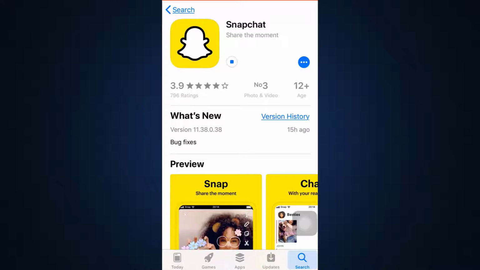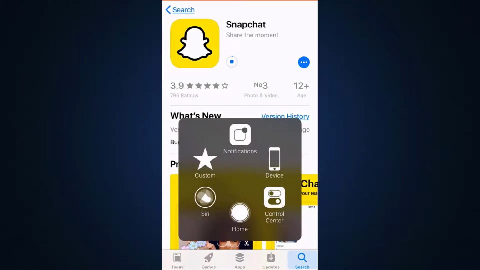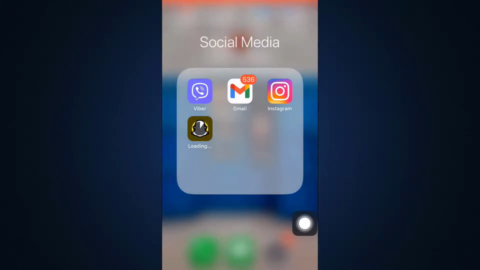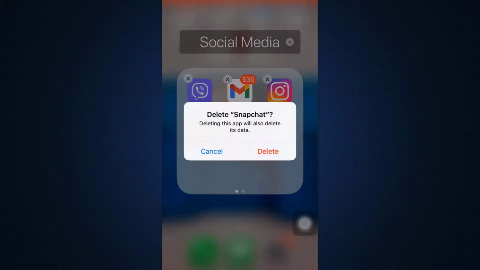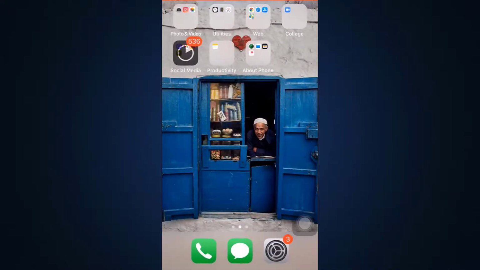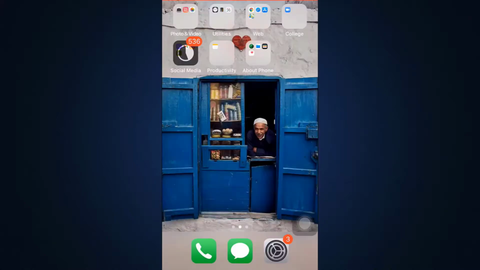What you can also try doing is you can uninstall the app altogether. So here you can see my app is currently getting updated, but you can always long press the app and then tap on the cross button and then tap on delete, and then go back to your App Store and reinstall the app altogether. You can also try long pressing the screen lock button and then switching off your device altogether and then opening up the device again. You can also try restarting your device so that you try and fix your login error.